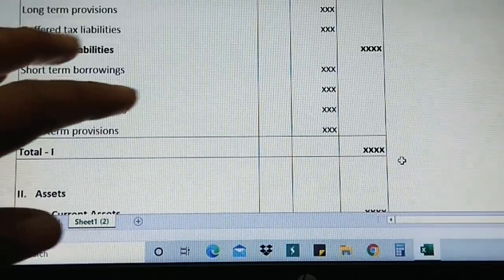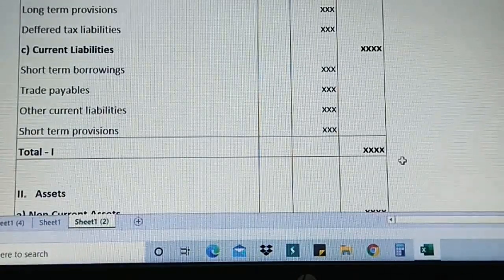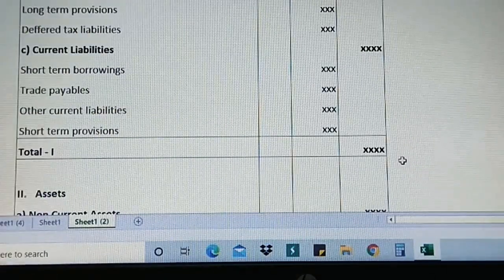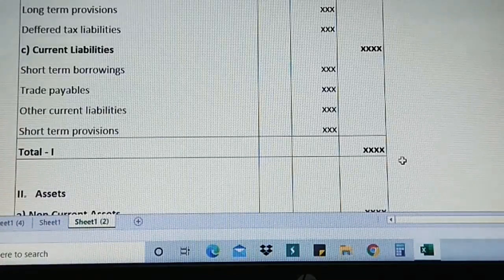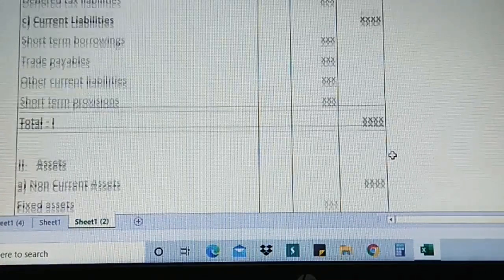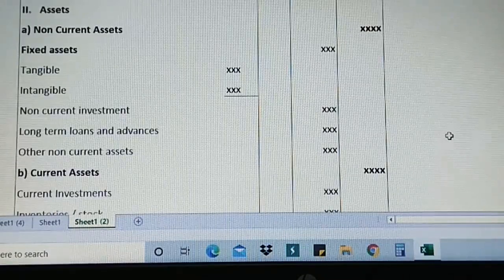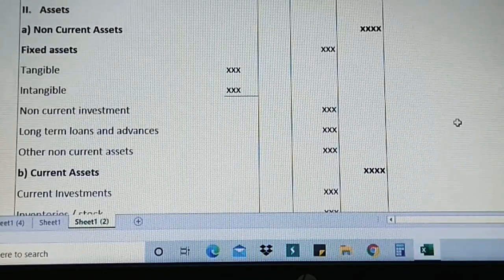Similar to the horizontal format, how do we do it? The debit side total should be equal to that of the credit side. This is the same. Just the upper part should be equal to the total of the lower part, that is a footer. Now let us go for the next. Your credit side of the balance sheet in the horizontal format is going to be assets. So here your footer is going to be the assets.